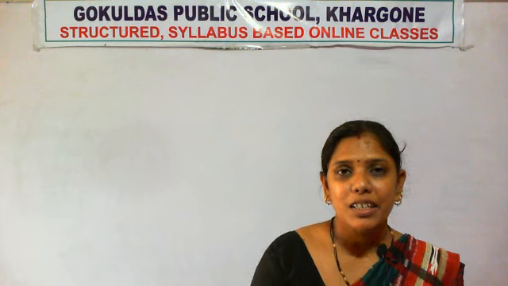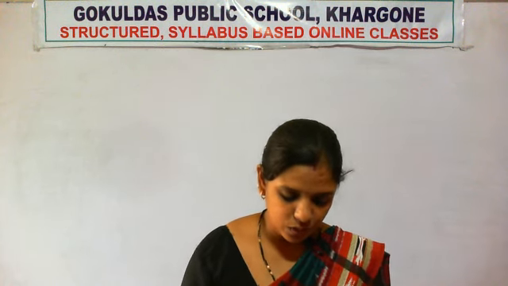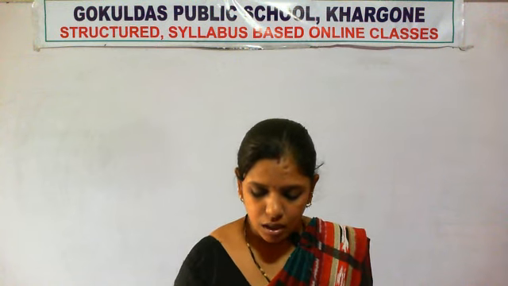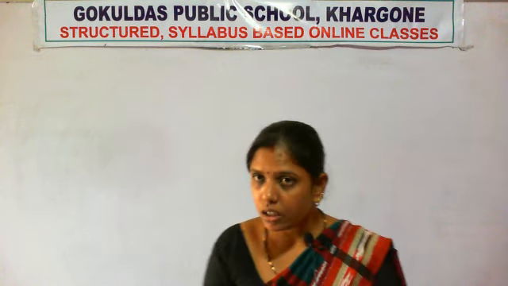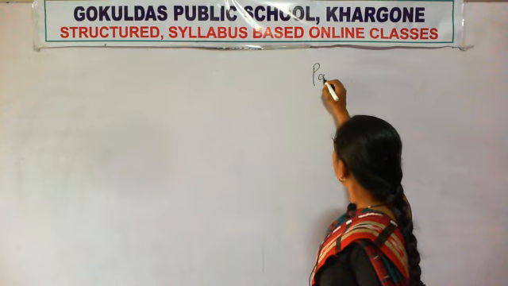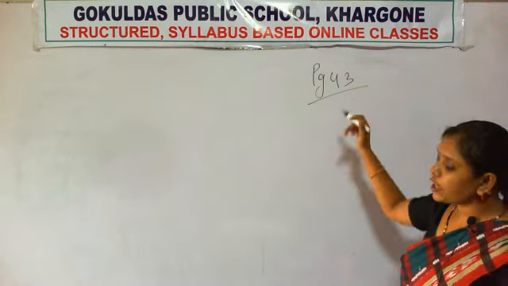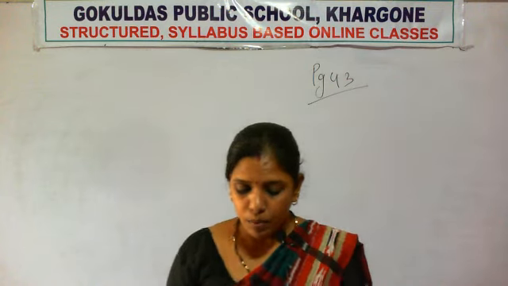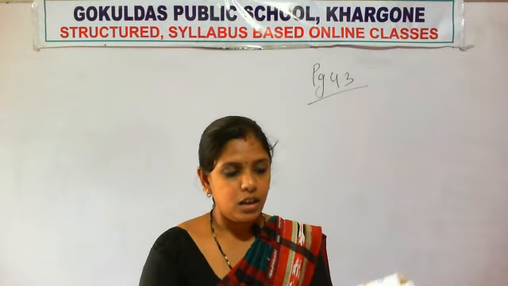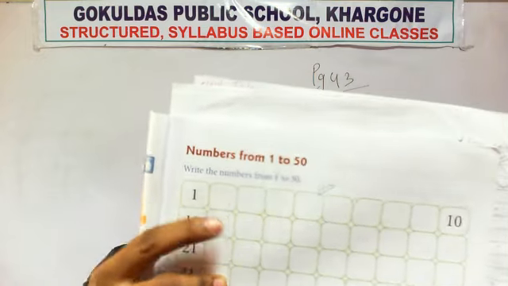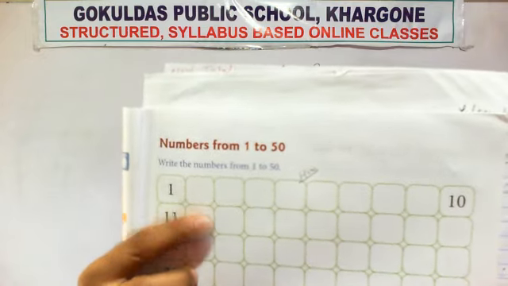Enjoying the test? Okay, very good. Now open page number 43 in your book. Which page do you have to open? 43. Open page number 43. And the first question on that page. Question 1. Are you able to see this?